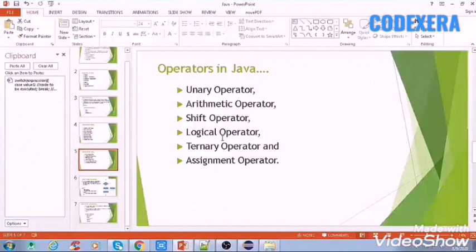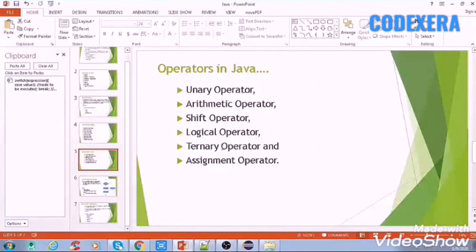I will show you what the AND and OR operators are, but for right now we'll only see what logical operators are. We use logical operators for checking whether a condition is true or false.